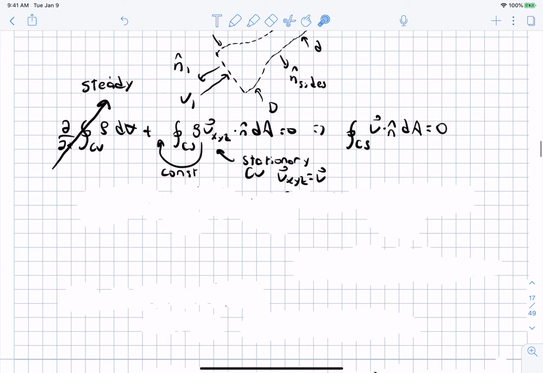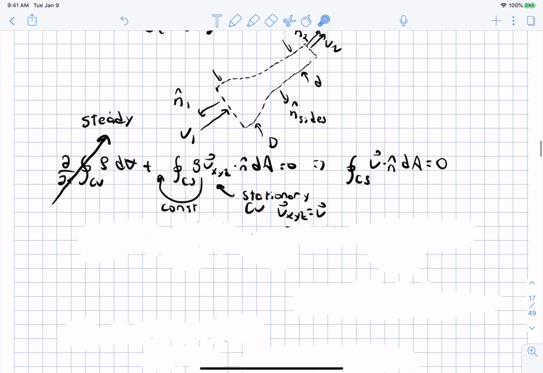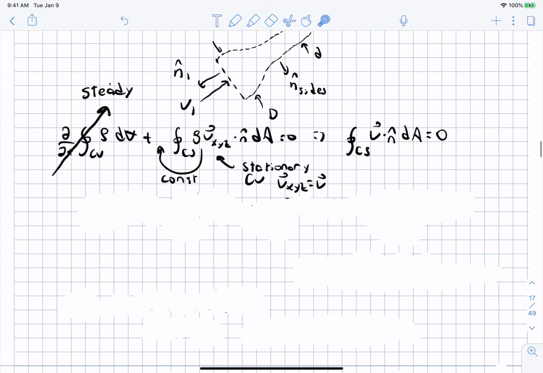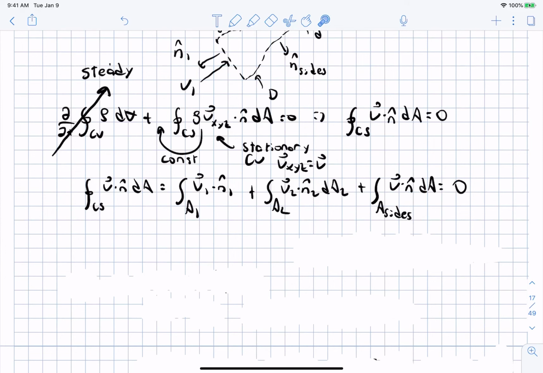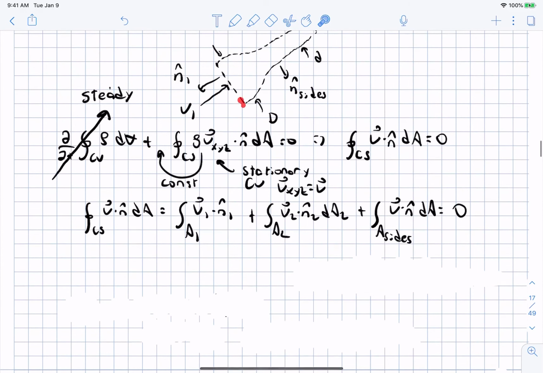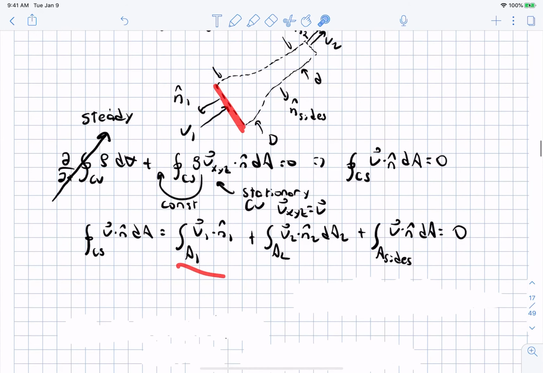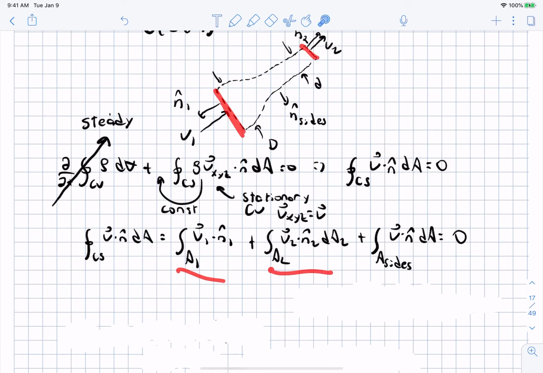Okay, and so now, again, this circle in the area integral over the control surface means that we need to walk around the entire surface and completely enclose it with our area integral. And so we're going to do that as we did before, and we break it into the 3 pieces. We have the portion at the inlet, which is right here, plus the portion at the outlet, plus the so-called sides or the walls. And we can cross these out